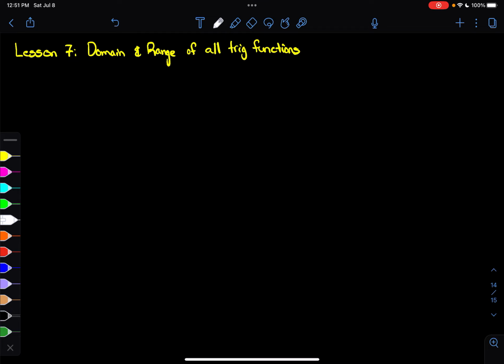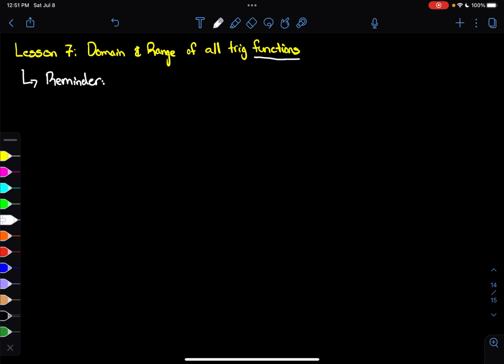So in this video, we're going to talk about the domain and range of the trig functions that we learned about in the last two videos. So I keep mentioning this word functions, right? And it's kind of important that we remember what a function is. So, just as a reminder,